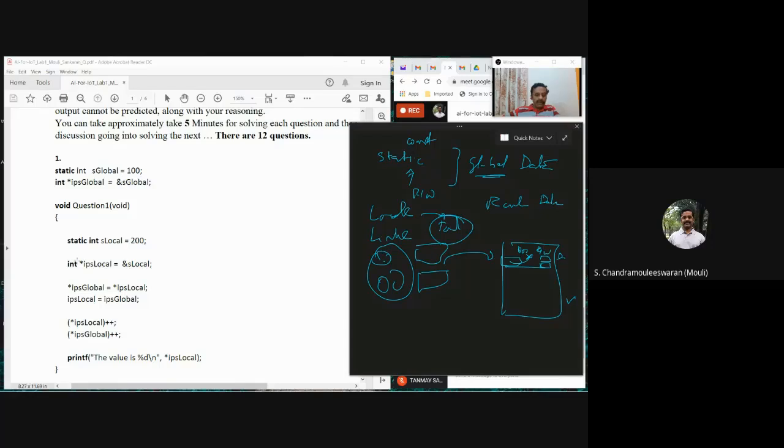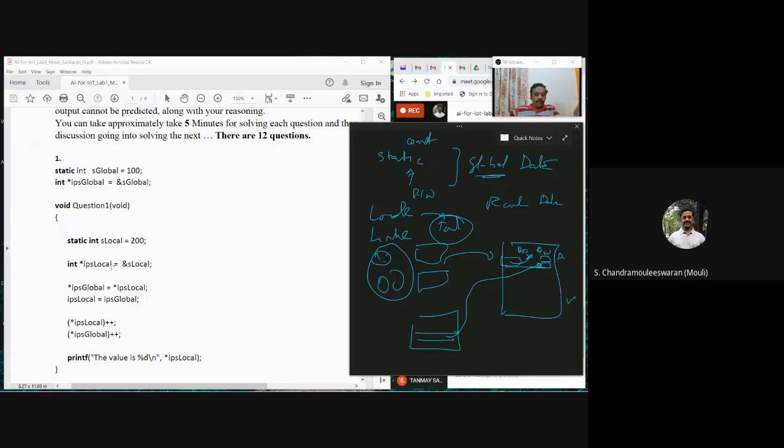Now where is this residing? This IPS local is a local variable. So this pointer itself is in the stack. This pointer itself is in the stack, but it is pointing to some variable which is in the global area, having a scope only within the function. So all this you should remember. This variable itself is residing in the stack. If you get the address of this and if you take the address of slocal, they will be totally different. You can see that they are on two different memory segments.